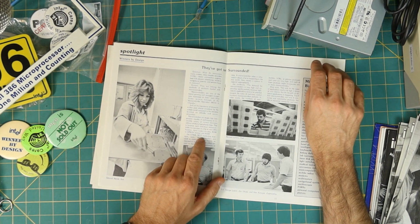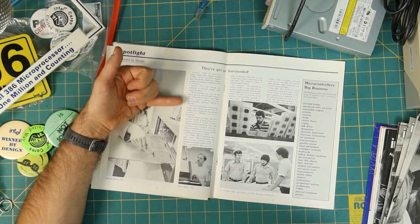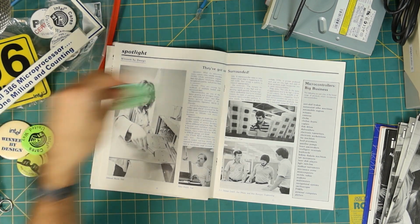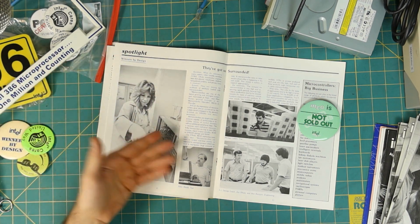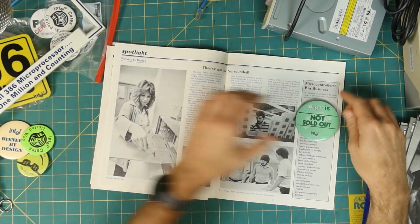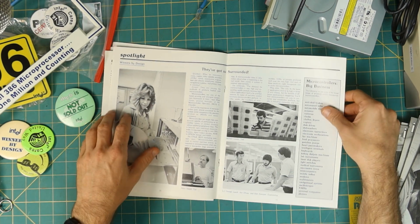Oh, wait, here we go. MCO. Does this say on here anywhere? Ah, there it is. Microcontroller operation. So that's what the mystery MCO is that's not sold out. So microcontrollers, huge market that Intel had been in. I don't know that Intel still is involved in that market particularly, but back in the day,